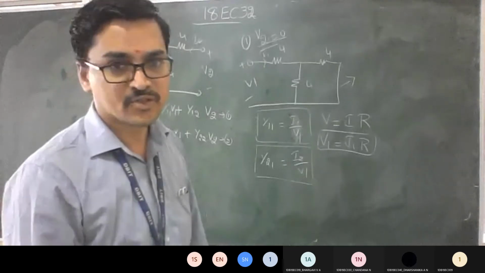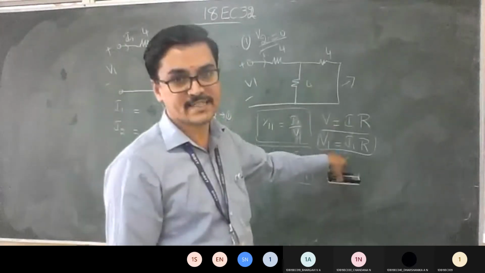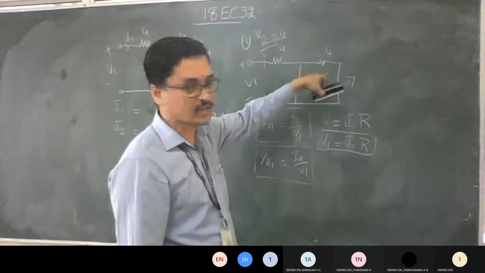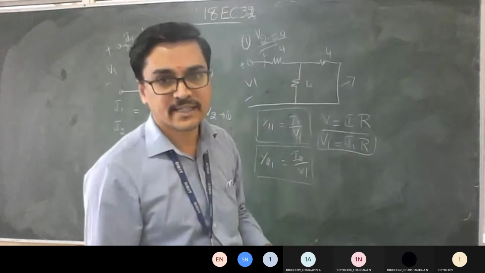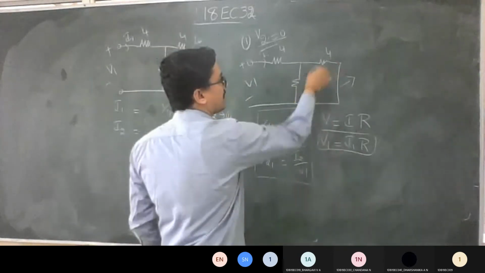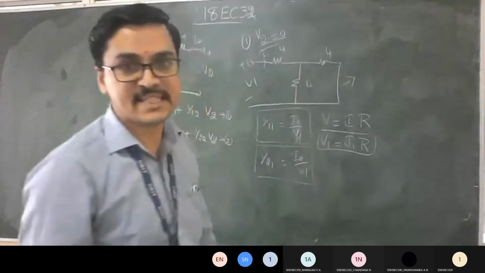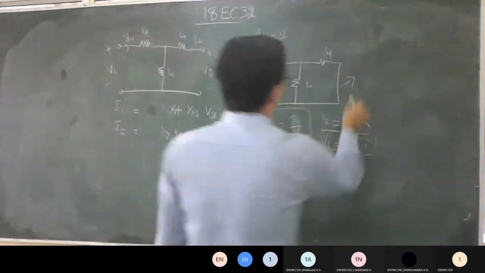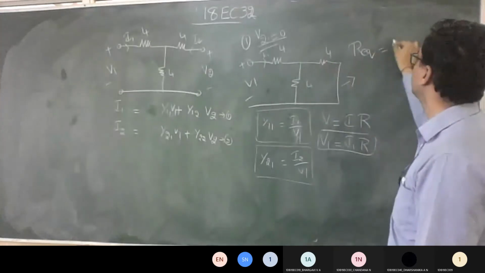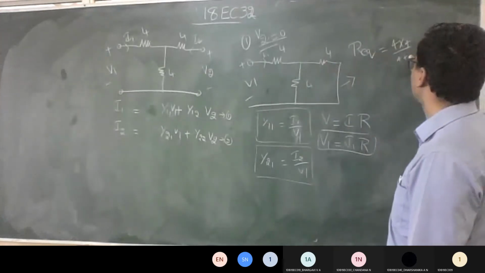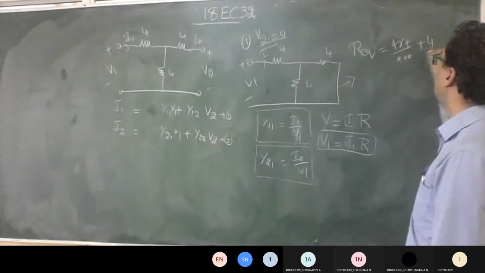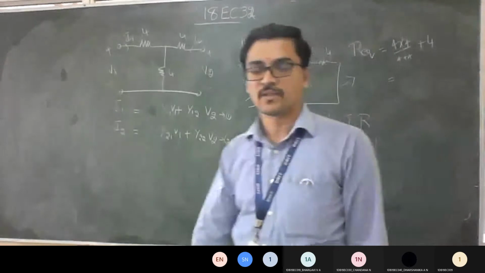So now the task is how to get this answer. Since this is short circuit, how to find R? Can I find R using the equivalent resistance concept? These two are parallel and that comes in series with this. So what is R equivalent? 4 into 4 divided by 4 plus 4. This answer will be in series with this, so I should write plus 4. How much is this? Look at the answer and tell me.